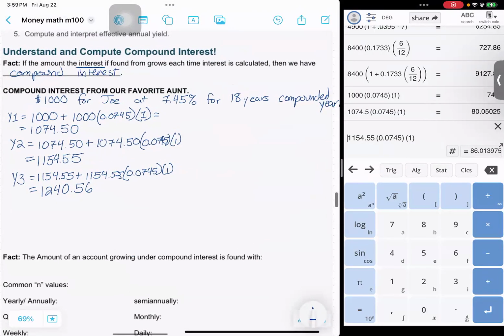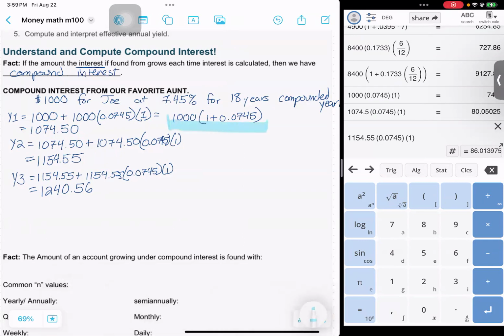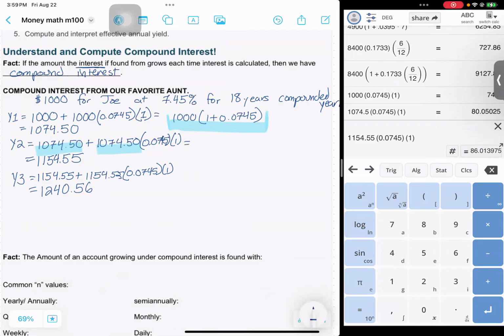So we had our first $1,000, and then we were able to take a 1 plus 0.0745 times 1 year, right? Now, again, this amount here became my new principal, in both of those spots. So I could even have plugged it in. So the next year, I really had the 1,000 times 1 plus 0.0745 as my new principal, and I multiplied that by 1 plus